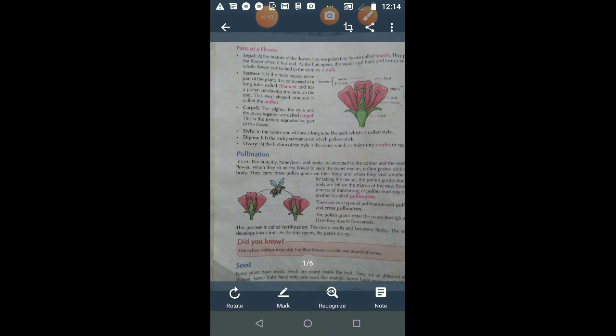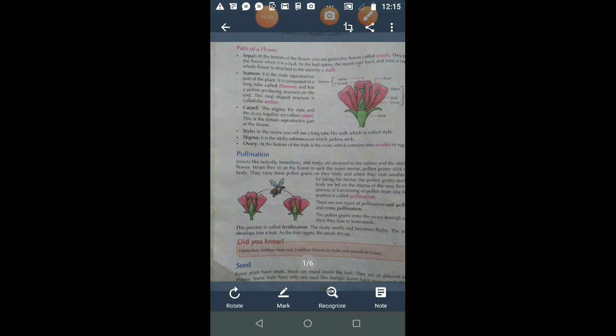Is it clear? So in pollination, the two important parts of flower which play a very important role are stamen and carpel. So one time more I will explain to you about stamen and carpel, and then we will continue with the explanation of pollination. Now what is a stamen? When I say the word stamen, if you have already watched my previous video, I think most of you know what is stamen. Yes, absolutely right.